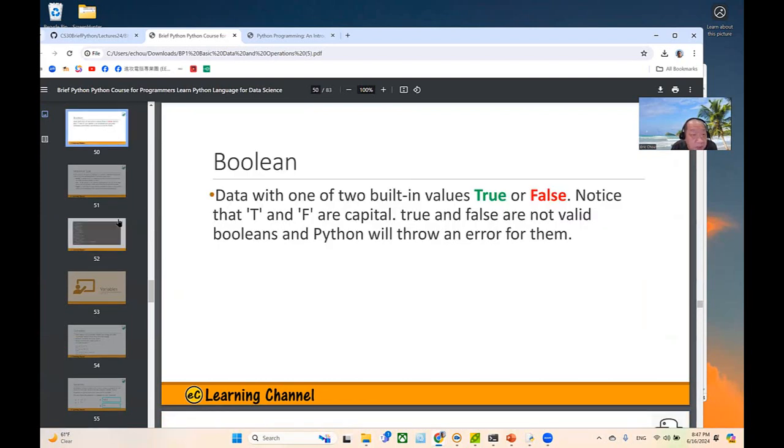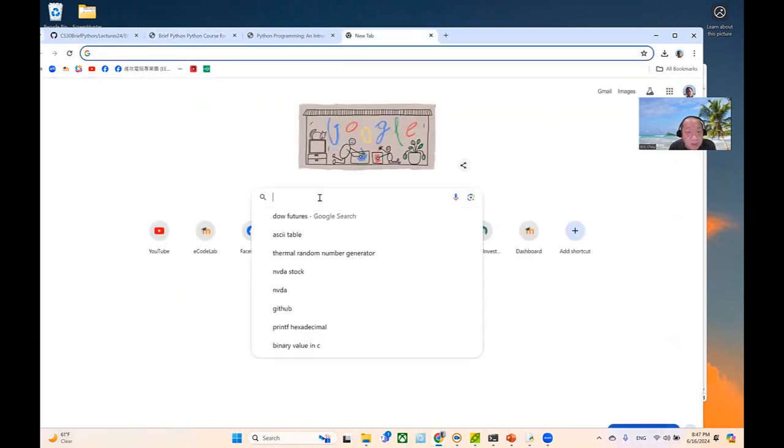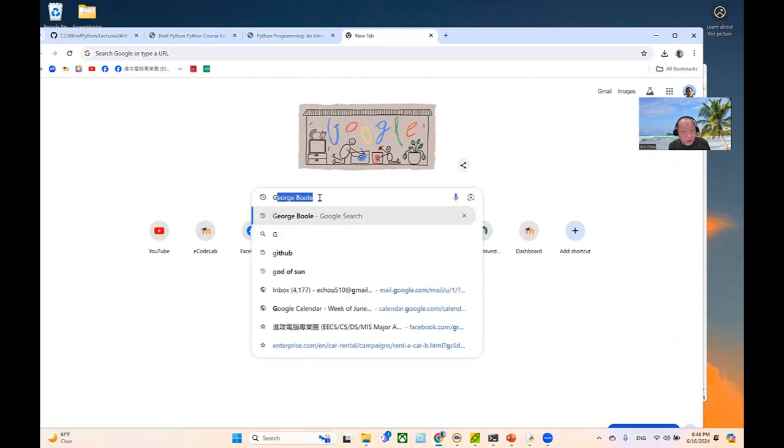Okay, another thing is this Boolean type. I think Sarah or Titus may know, but this Boolean type we still need to teach from the fundamental part. Be patient, okay? So Boolean type, because the person called George Boole,